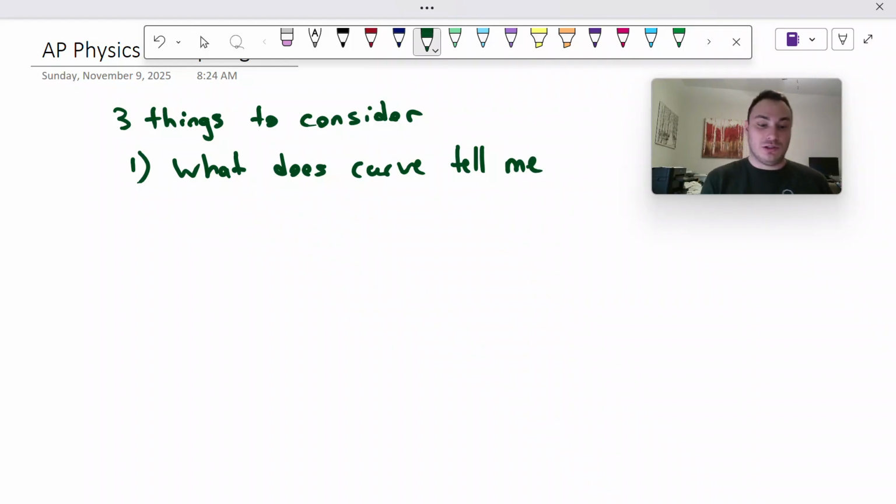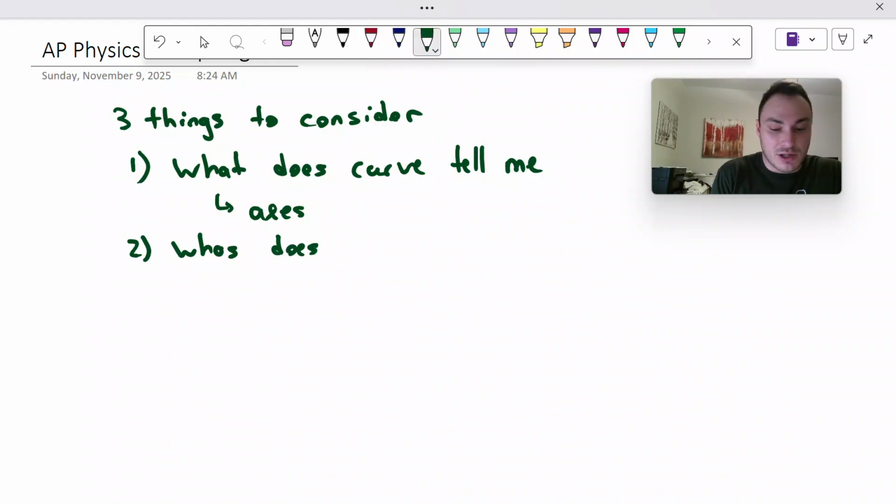This one is just looking at the axes, and if the question needs you to get one of the axes, let's say you're given a graph of force versus time, and you need to get a force at a specific time, well, the graph can quite obviously do that. It's giving you force, and you're just reading the axes. Thing number 2